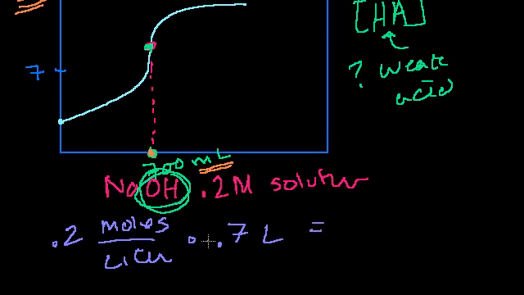So how many moles have we added to this situation? 2 times 7 is 14, and we have 2 numbers behind the decimal, so it's 0.14. So 700 milliliters of 0.2 molar sodium hydroxide, or 0.7 liters, we're going to have 0.14 moles of essentially OH that we put into this solution, which means that